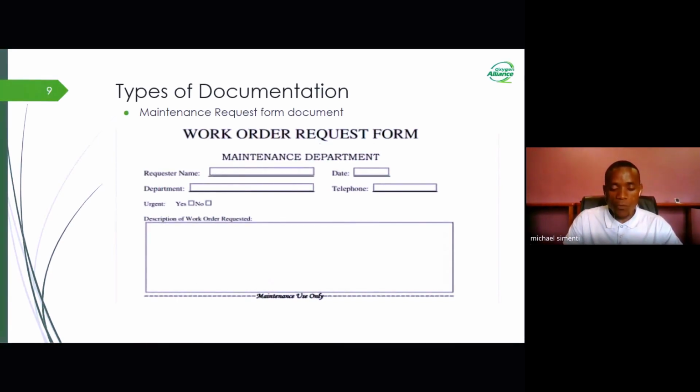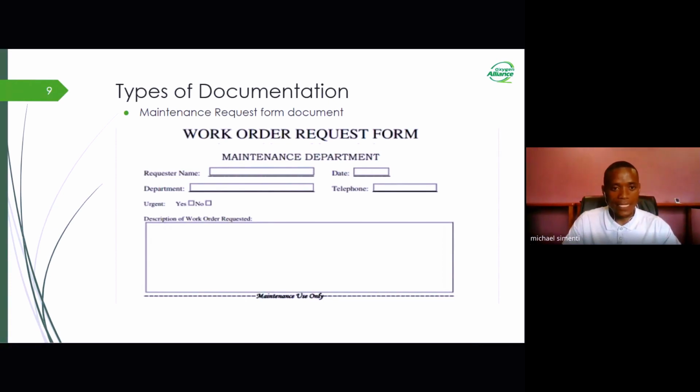Now, we are going to have a poll session. We are going to have a question. So I will go through the question. Do you use any form of maintenance documentation when handling medical equipment at your facility? This question goes to you. Take some time, you can vote. Then after finishing looking at the types of documentation, I'll come again to read what you have voted for.